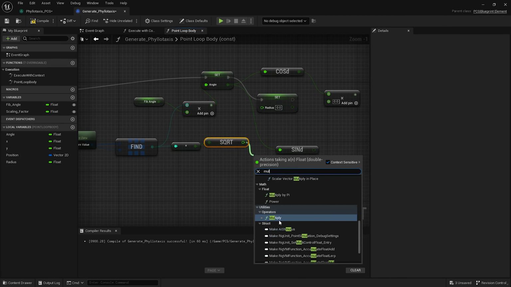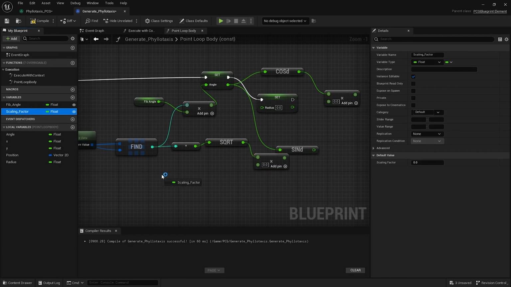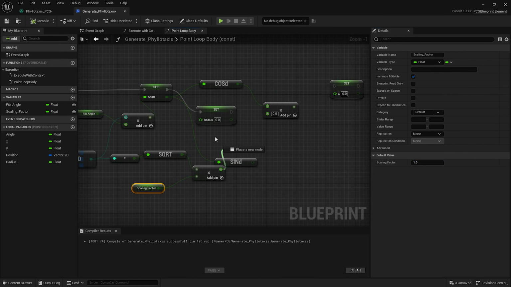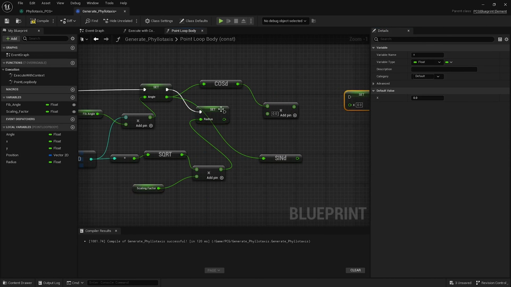We multiply this with the, where's the scaling factor? There you are. Get it. We don't need to set it because this is a global variable. This is something we'll pass externally, and then connect it to radius, adjust the nose,